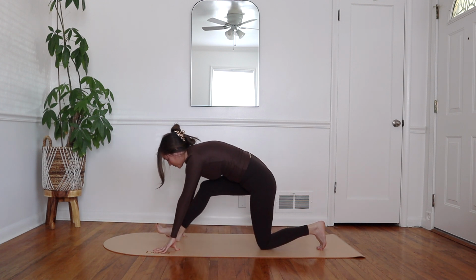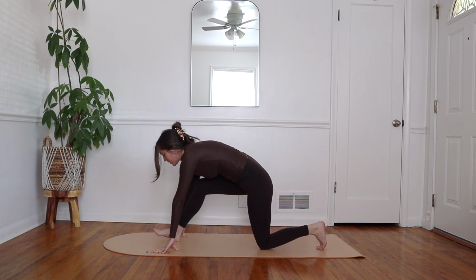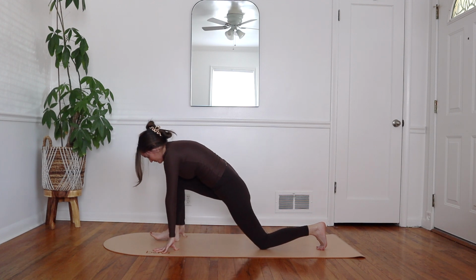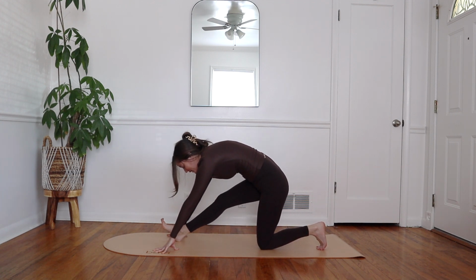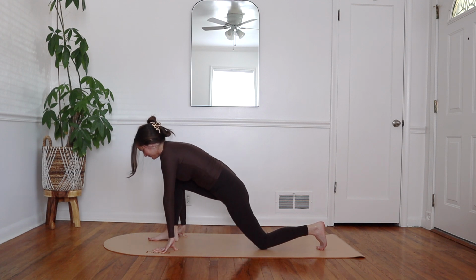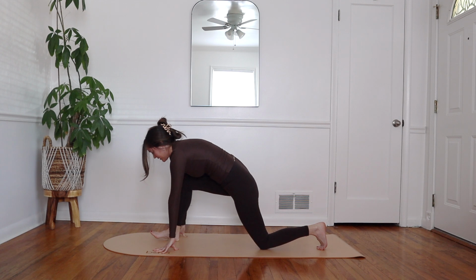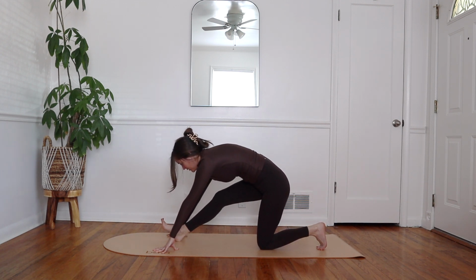Same kind of thing here. We're just welcoming that wave movement into this lunge pose. Opening up the back of your hamstrings here. Mine are very tight, so that's always fun. Stay here for 3, 2,